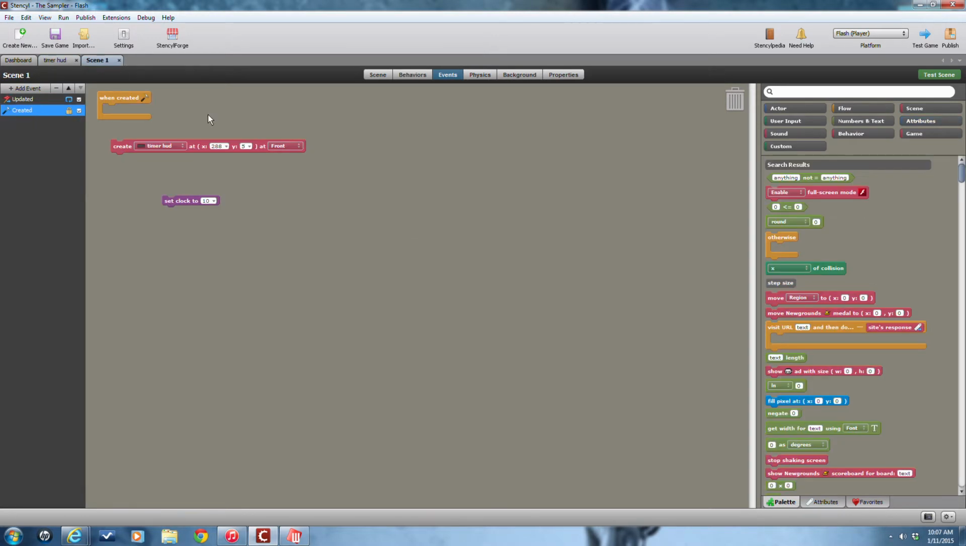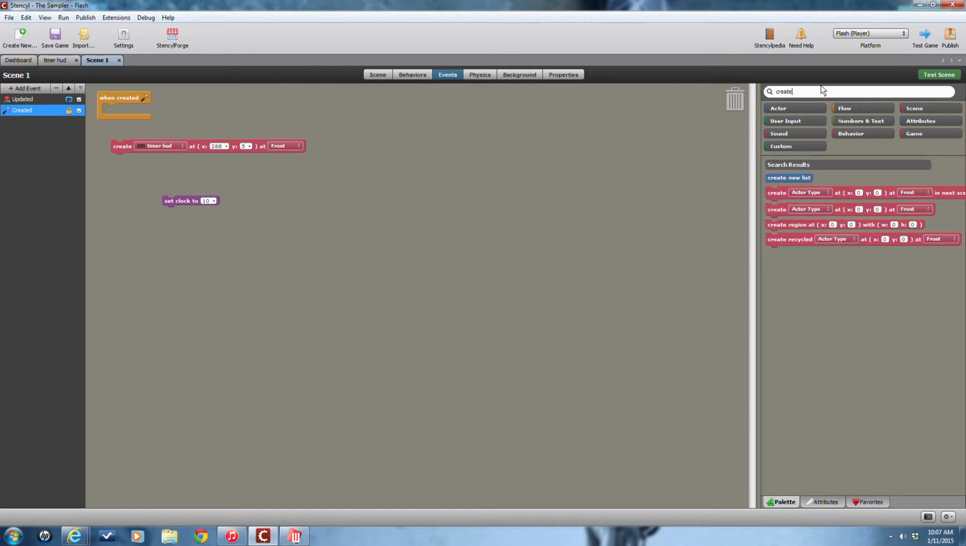Now I'm going to jump over to scene 1 and I'm going to create this timer HUD. If you don't know, just go to create. And then you have all these little fun things. And for me, I use the create actor type at blah blah and blah blah at front, and I'm going